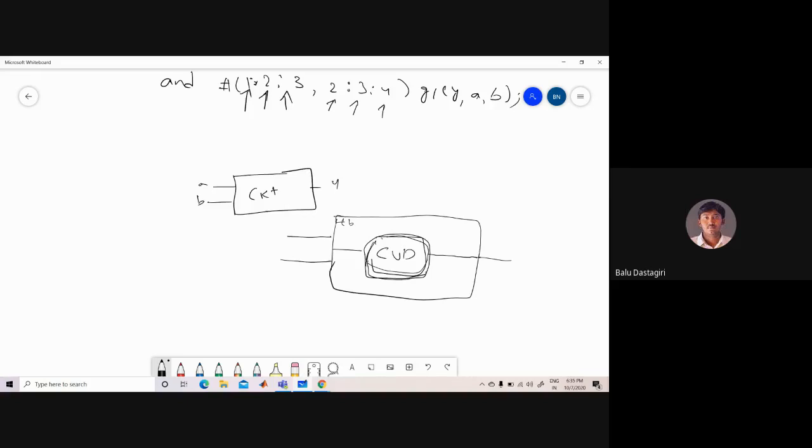So whenever we are writing the test bench for a given program, normally the test bench becomes the top level module. This we have to remember. Whenever we simulate a program, the test bench becomes the top level module, and the circuit under design or circuit under test will be the sub module of that.